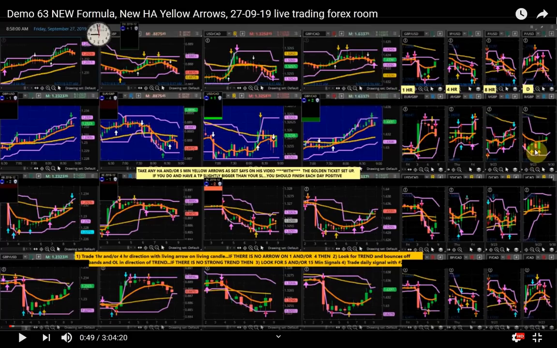We were here the other day, and look, up, goes through, back to the orange line. Now you can see this one here, it's got a wick, it's gone to the BB band, it's been rejected, it's come back to the orange line, and then this time it's just broken the BB band. You can tell how the BB band's gone up there. Okay, so again, once you can read